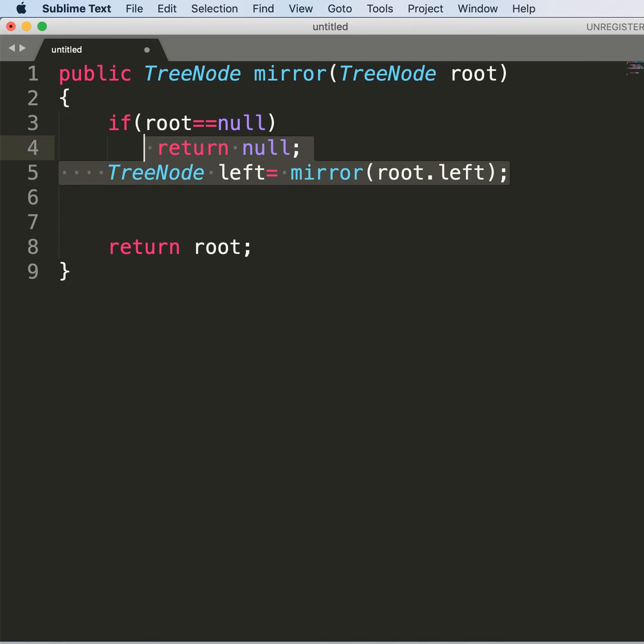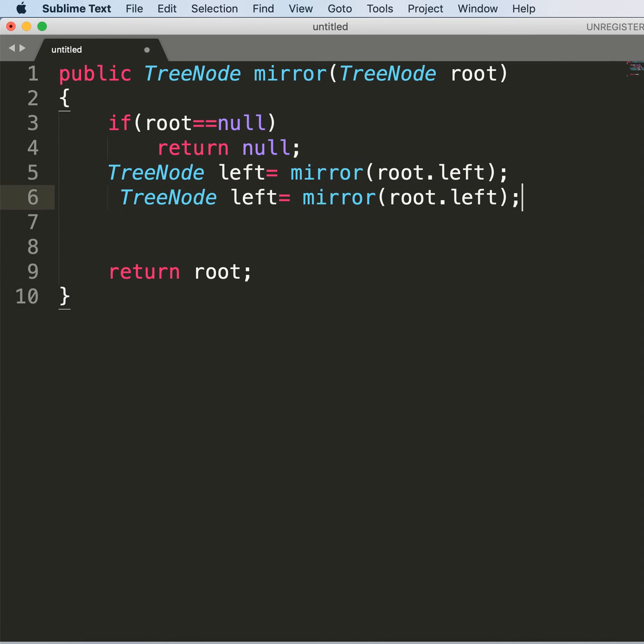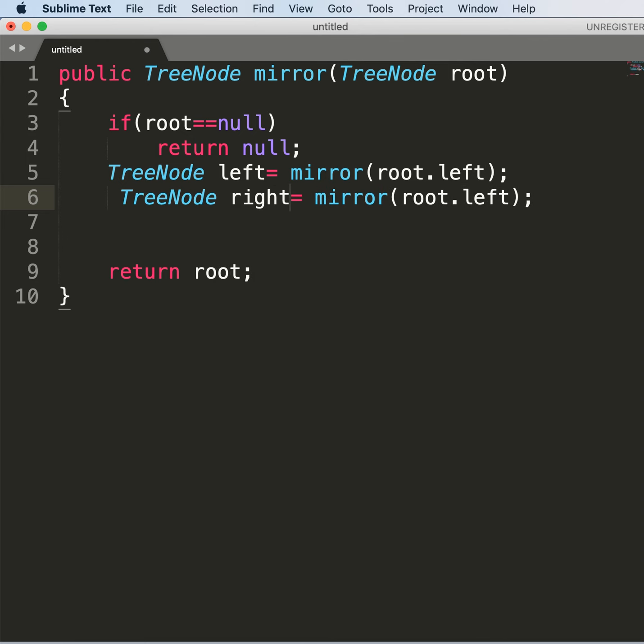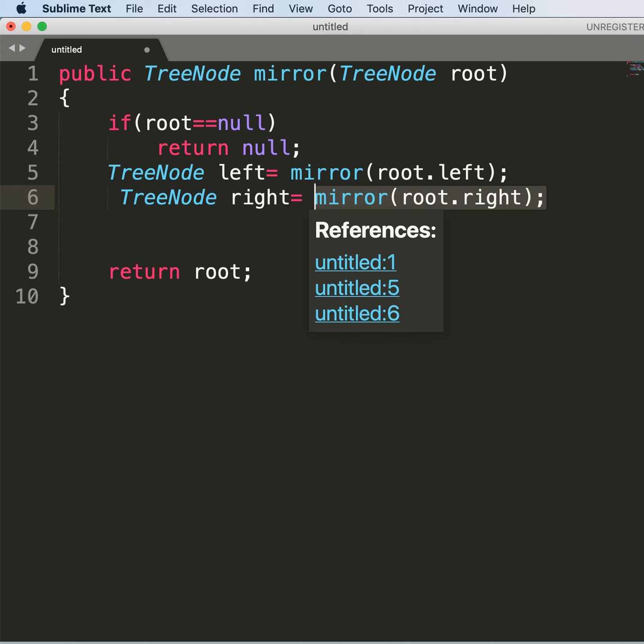Similarly we will do the same thing for the right subtree. This function will convert the root's right subtree to its mirror image, and it will return the pointer of the right subtree, and that reference is stored in the right variable.